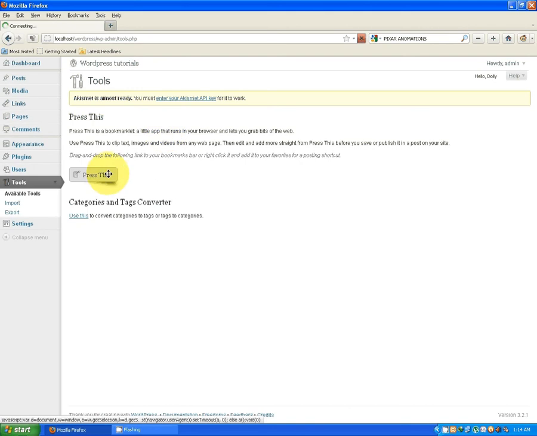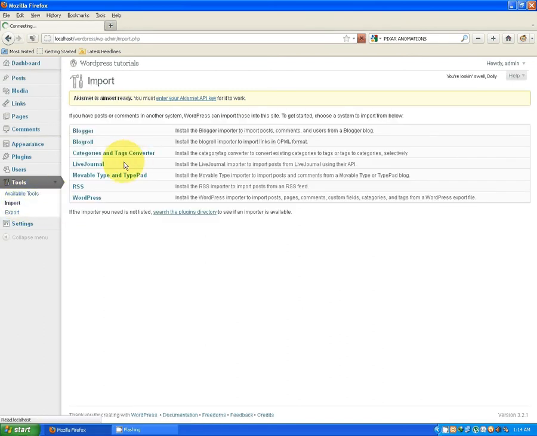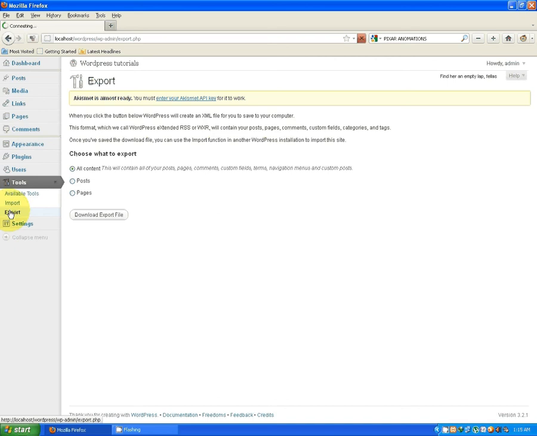So we can drag this one and place on our bookmark tab, and categories and tags converter also. So there is also another link at import. Through import link we can import our existing content from Blogger, LiveJournal, WordPress, Movable Type and TypePad, categories and tags converter, etc. And similarly we can export also.